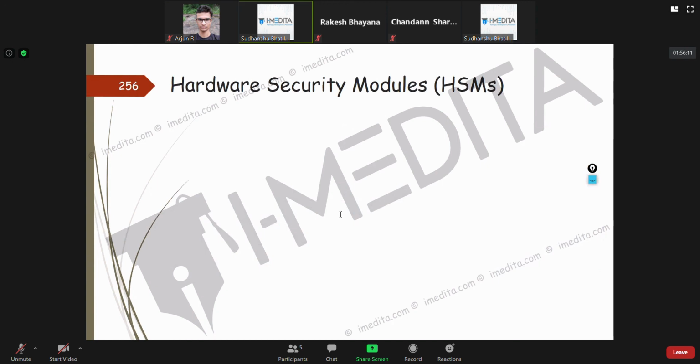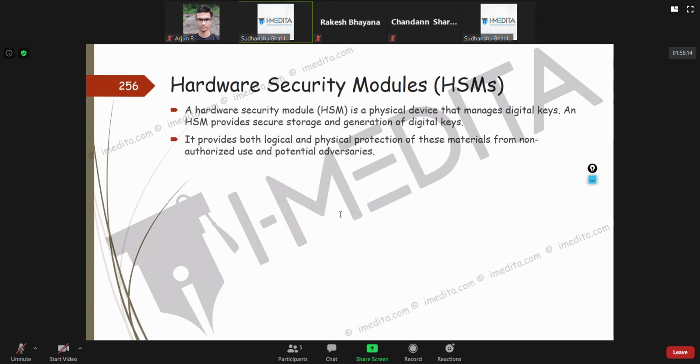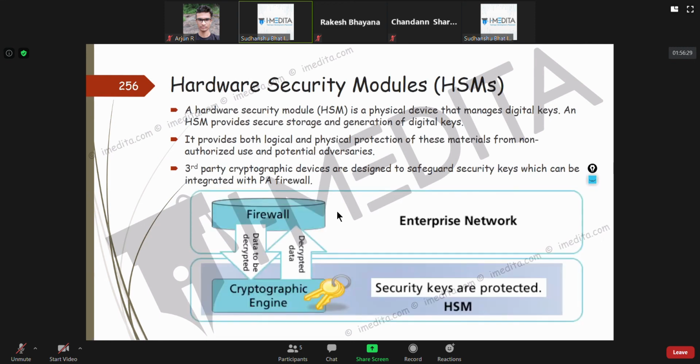Now you can have HSMs, hardware security modules, to manage digital keys if you want to safeguard these security keys. A lot of third-party companies, if you just Google Palo Alto firewall HSM, you'll find support HSM modules for the firewall. These keys are used for various purposes, like what data should be decrypted.